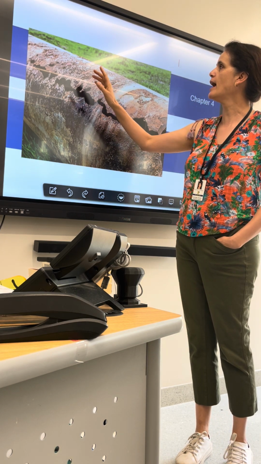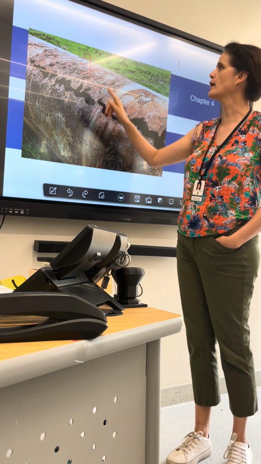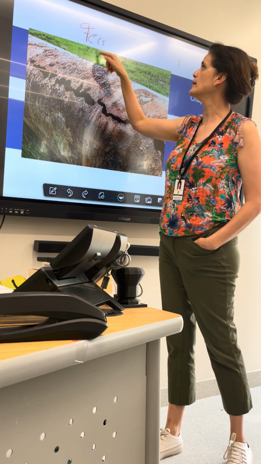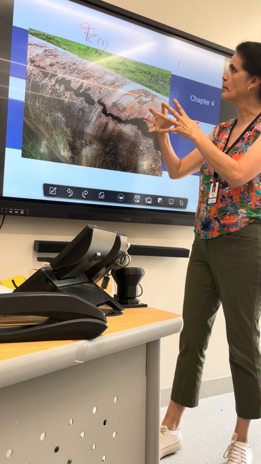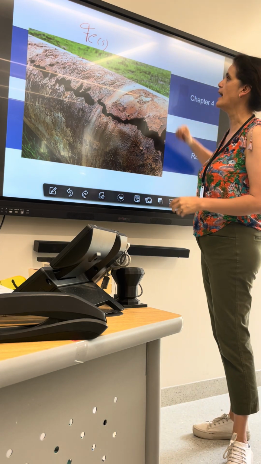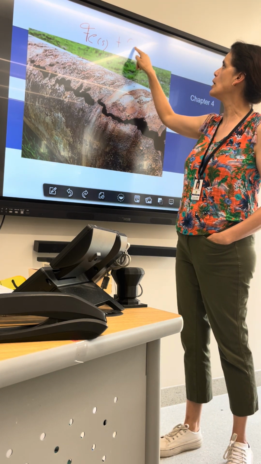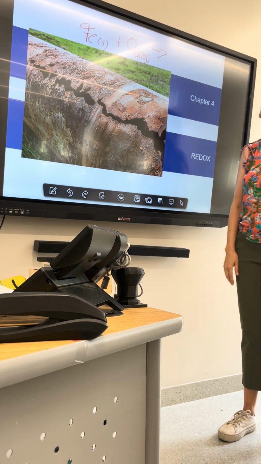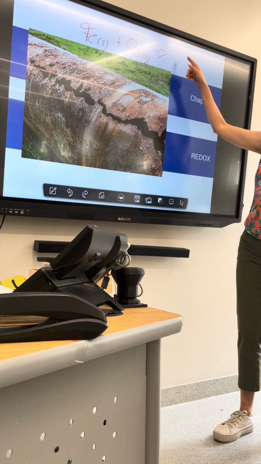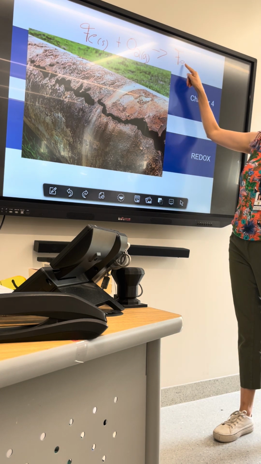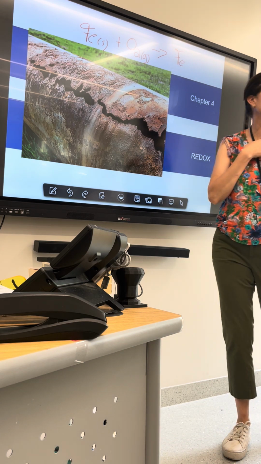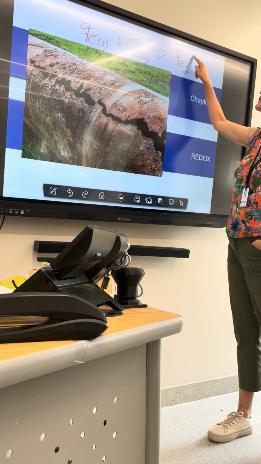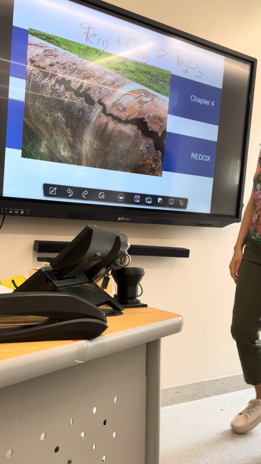Now, in here we had iron, which is a part of carbon steel, right? You had iron as a solid. The iron is the part of the steel that was going to corrode. And then you're going to have oxygen in the atmosphere. And you're making iron trioxide. How do I write iron trioxide? Iron trioxide, right?